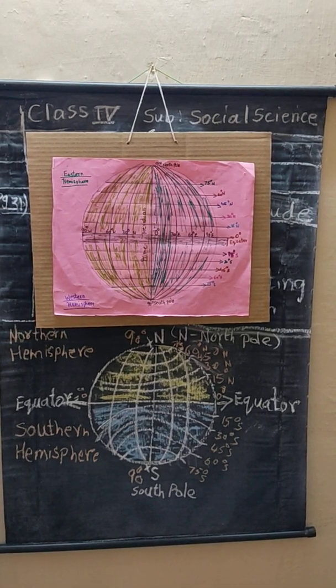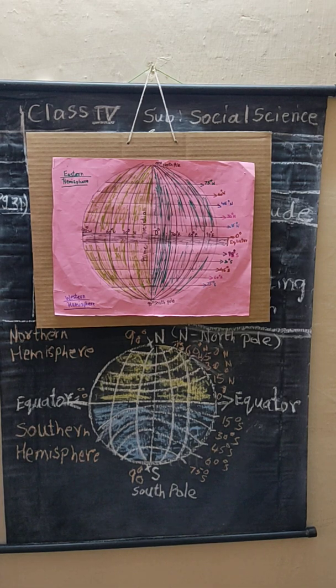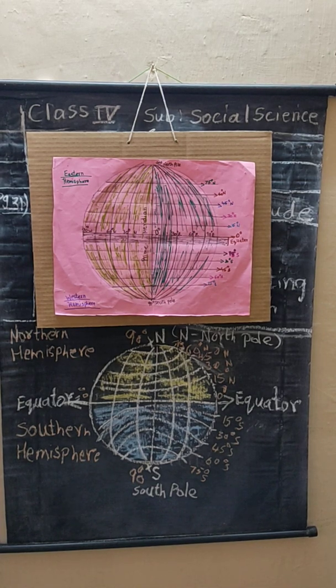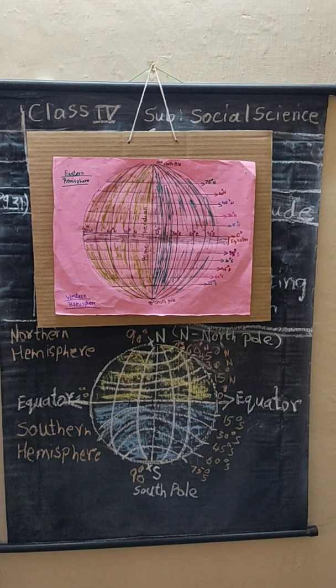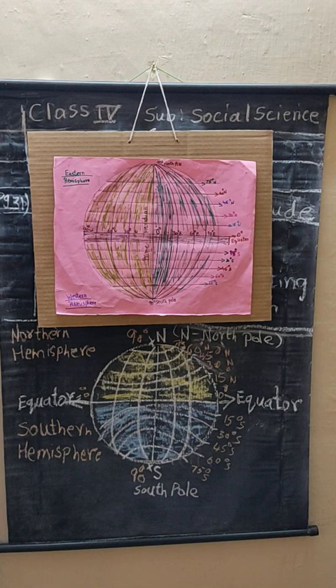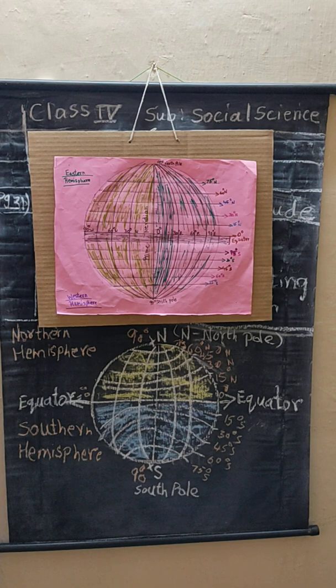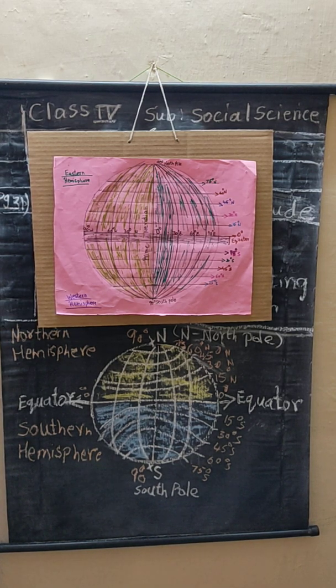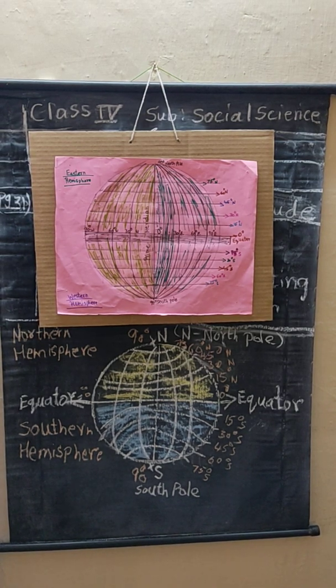When the sun falls directly on 90 degree west longitude, the western hemisphere will experience daytime. Now how will we find out the daytime and nighttime here? See the 90 degree west. Where is that west? Here, 90 degree west. So when the sun is on 90 degree west, you can experience daytime, and in the eastern hemisphere you will experience night. Day and night. Okay.